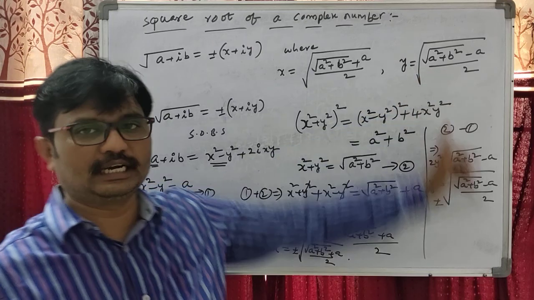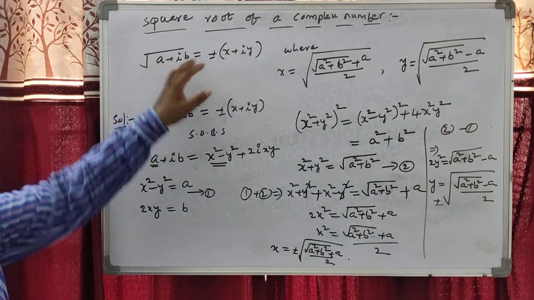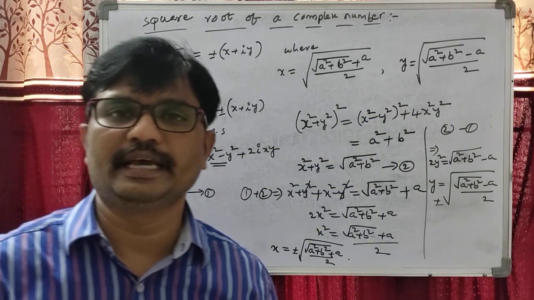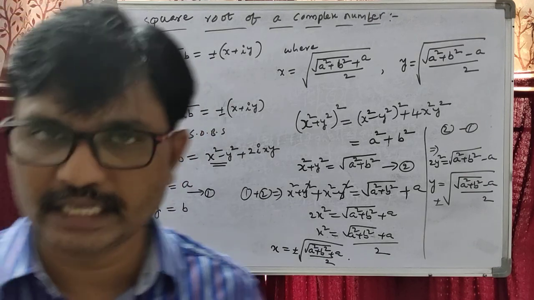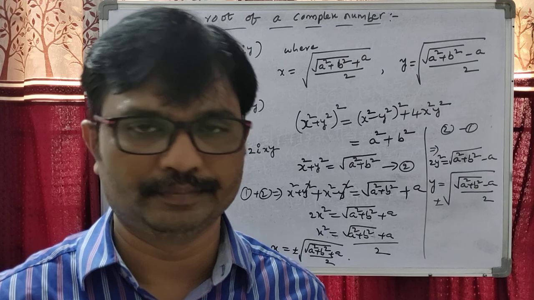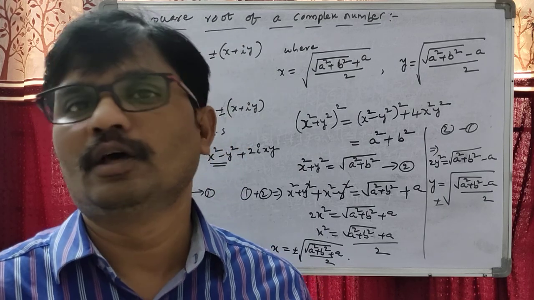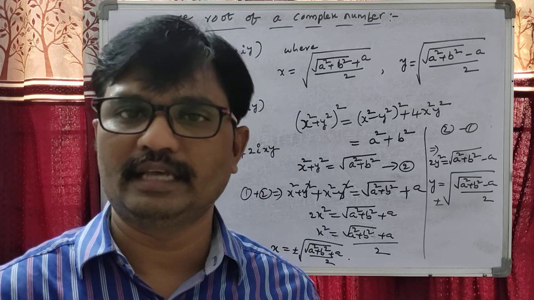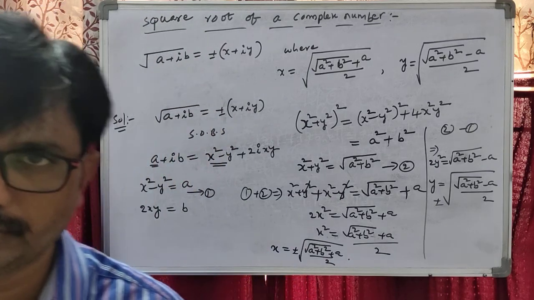Do you understand, students? So the square root of a plus ib is x plus iy, where x is root of root of a squared plus b squared plus a, by 2. Okay students, where y is root of root of a squared plus b squared minus a, whole by 2. Okay students,